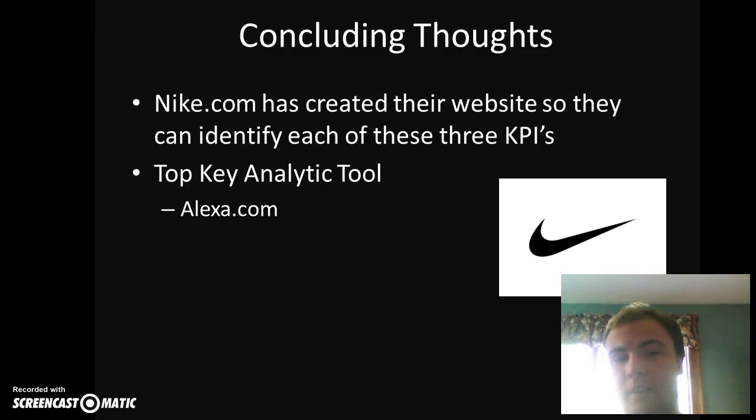As for a top key analytic tool, I think overall Alexa.com is the best option, as it provides the most KPIs that I discussed in this PowerPoint before, such as bounce rate and search traffic, where the consumers are going to the website from. And the reason why is because with Alexa.com, even though you have to pay for the rest, you'd end up paying for another analytic tool as well. So I think Alexa shows the most KPIs that are most relevant for Nike.com, and Nike.com should invest in Alexa to have their